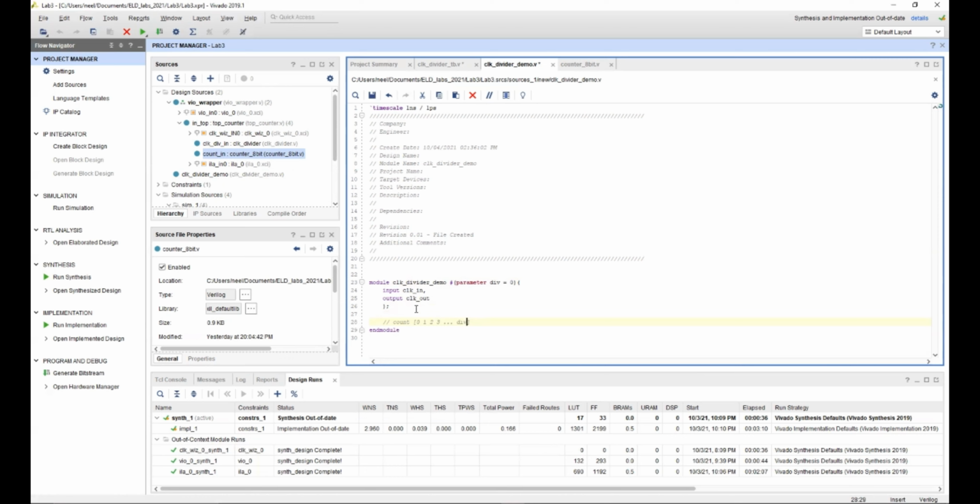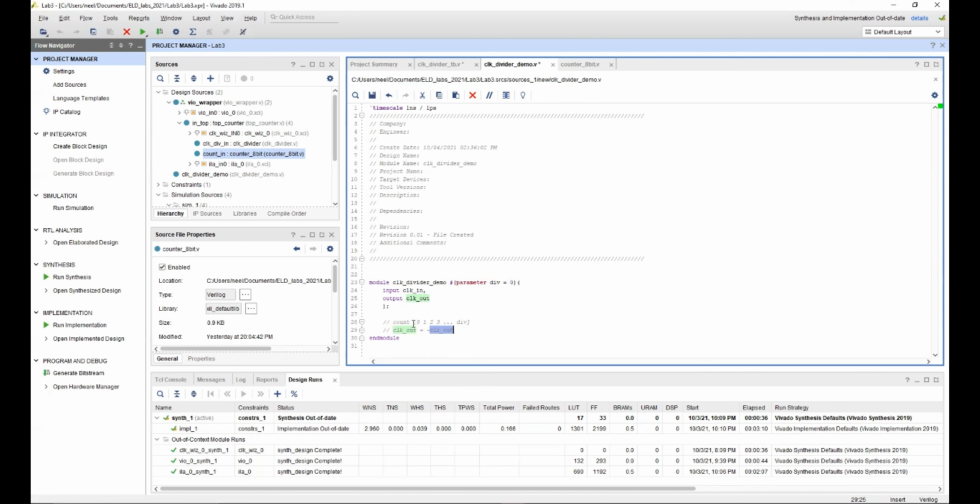And the moment it hits div value, the value of clock out would be equal to the not of the value of previous clock out. So if initially the value of clock out was 0, after the count hits div value, we'll get the value of the clock out to be 1. So this is what is happening.